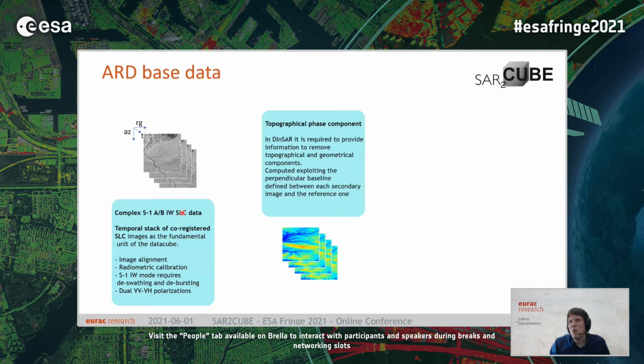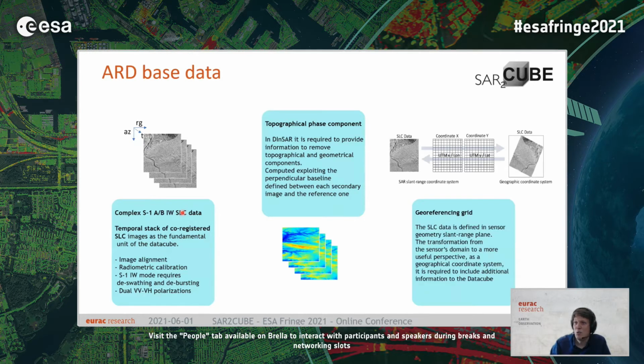But for InSAR, we need more. If you want to work with interferometry, especially differential interferograms, then we also need the topographic phase component. So that's another layer that we add to the data cube, that we pre-process to be efficient and have it available. And then finally, to also easily switch from the slant range geometry to a projected coordinate system, we also provide